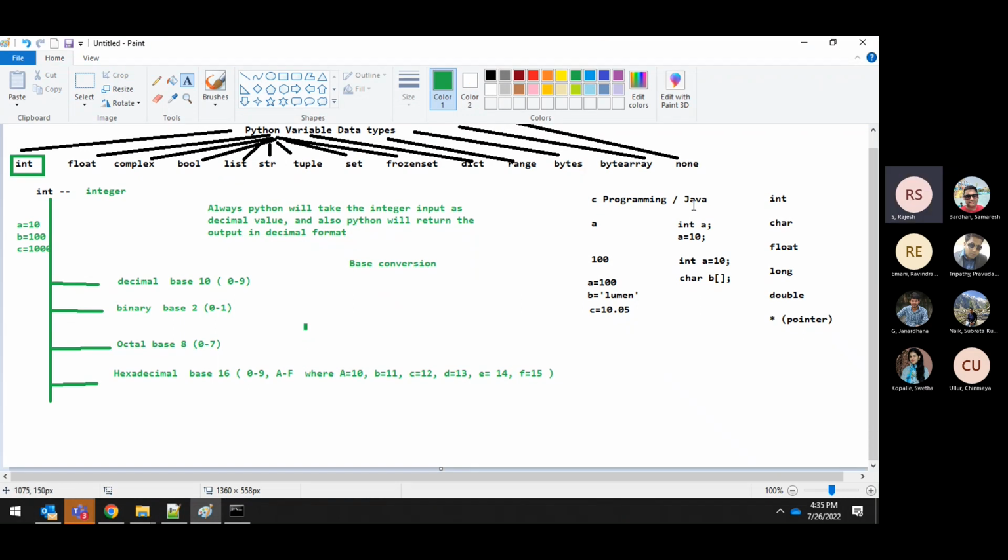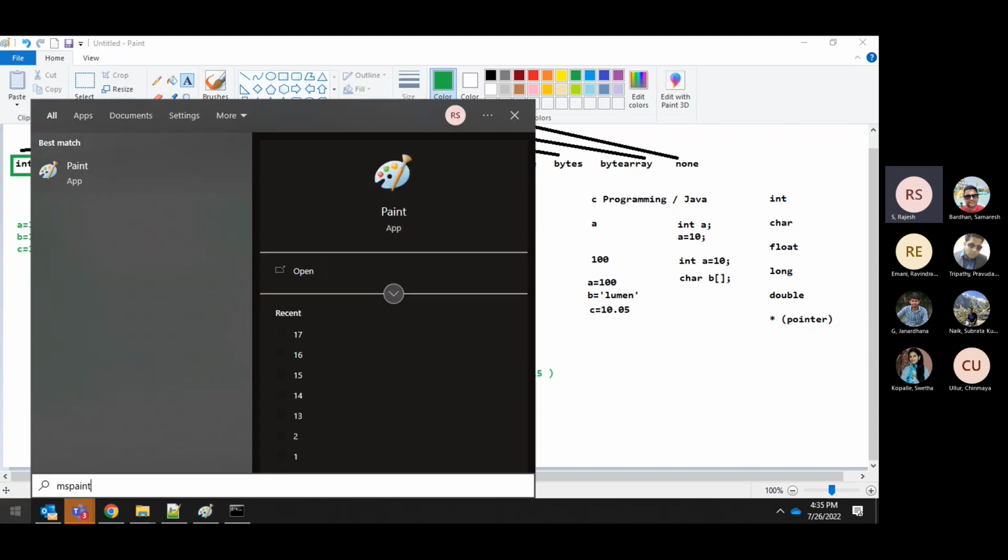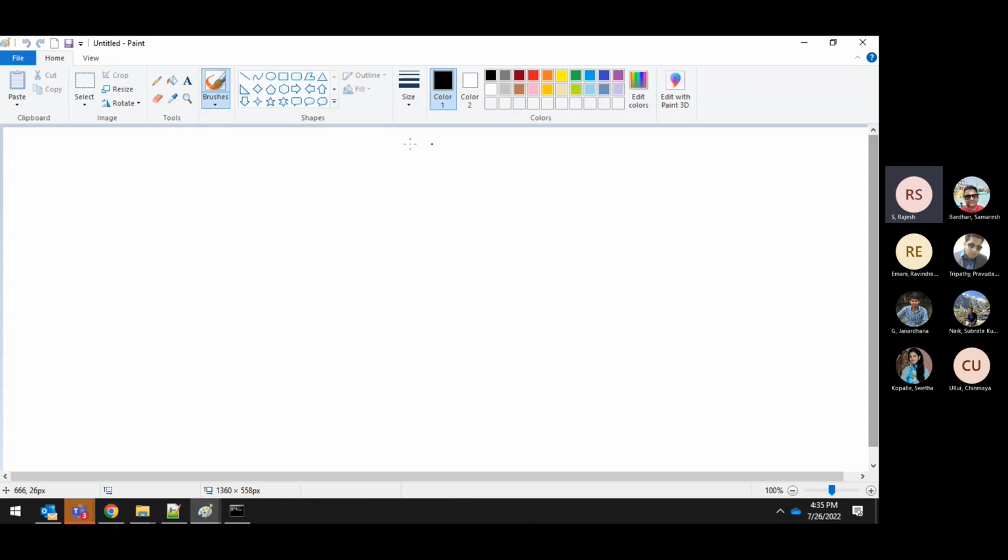So as I said earlier, C or Java, those are static. It means that first you need to define it and define what type of variable it is. Right. And then only it will understand and finally process that variable. Right. So here, if you see it in Java, if you take it very specifically in Java,